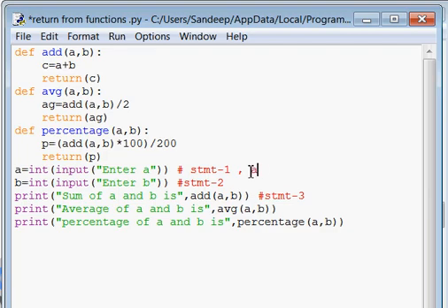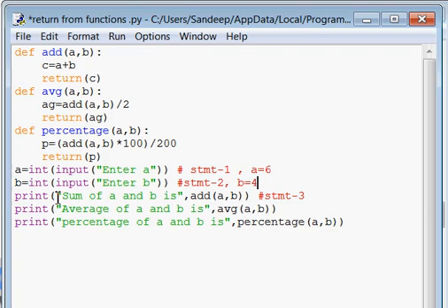For example, if you have given the value of a as 6, then after statement 1, statement 2 will be executing, and it will ask for the value of b. If you have given the value of b as 4, then the third statement that will be executing is this one.